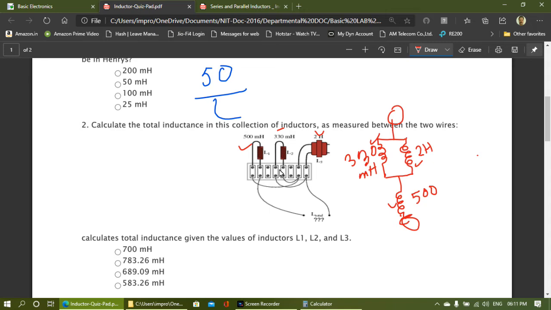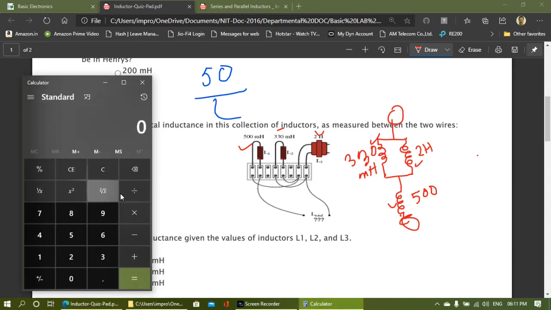So open our calculator. First we have to find the parallel connection of these two inductors. According to the values, first we multiply 2000 millihenry